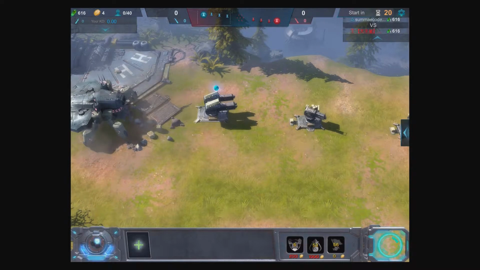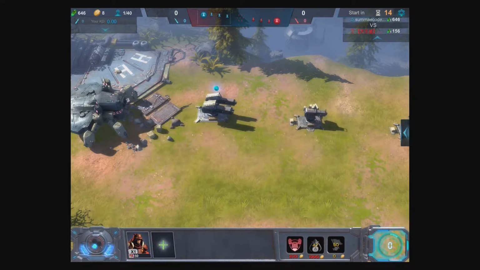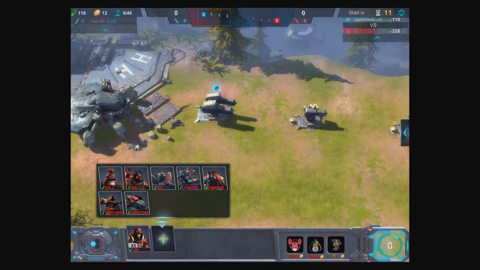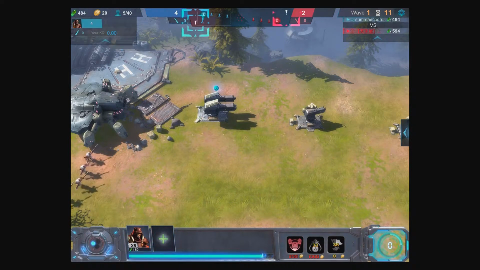They didn't tell me what to do because I don't know what to do. I press on that one, I get some of these guys, I press on them and I get a whole bunch of them. I press on that and I don't have any resources. So I can't select them, I haven't got enough of that currency thing. I just wait, I don't know how I'm getting this currency.